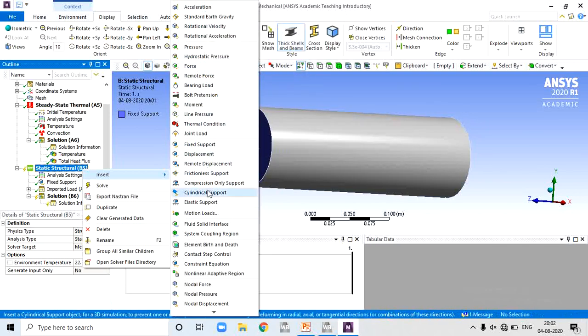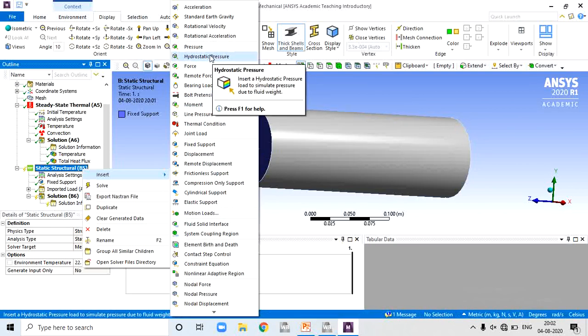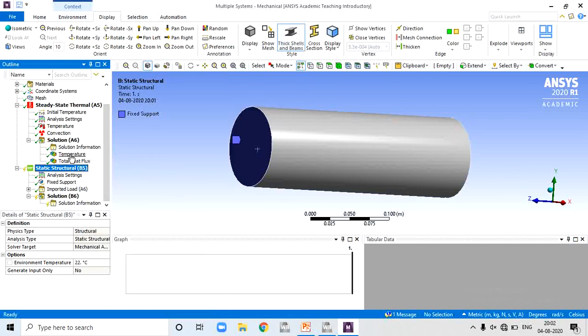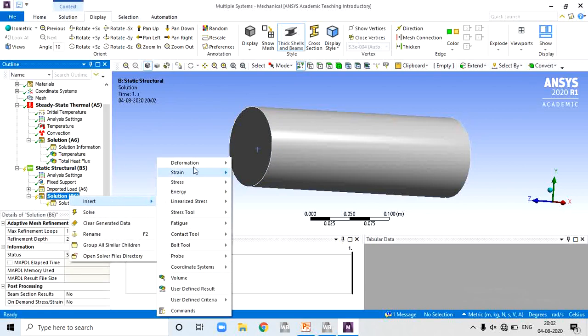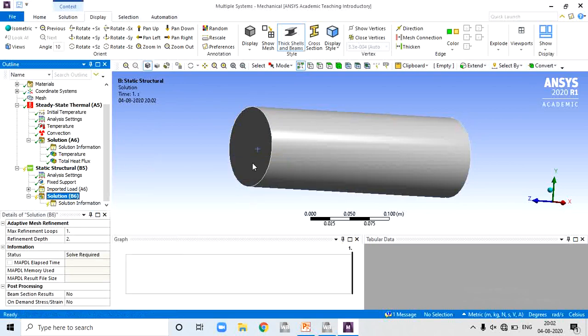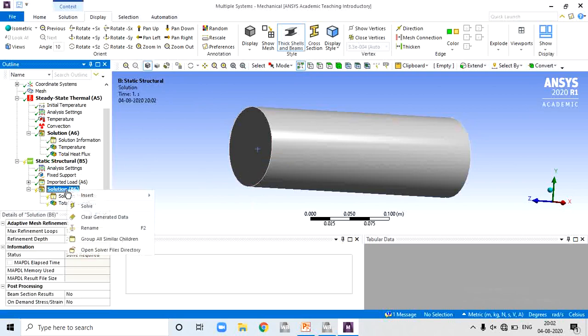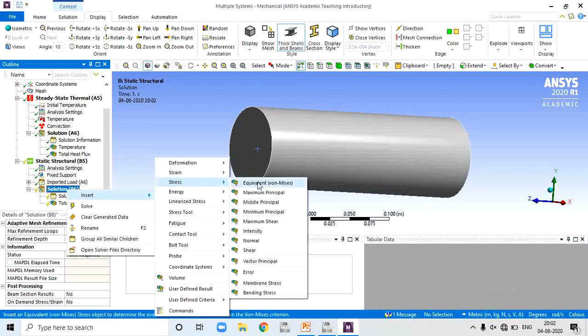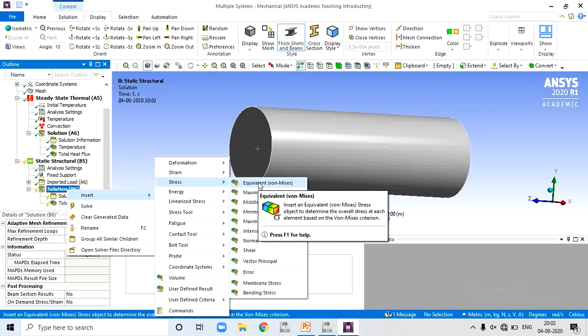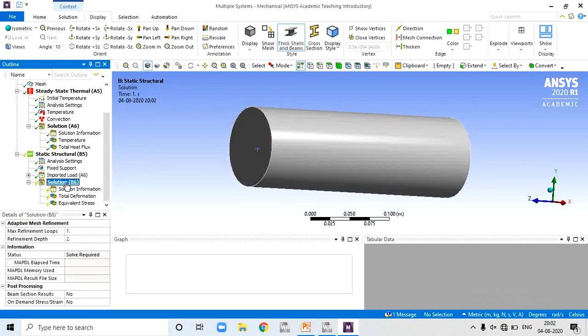From here we can apply all types of forces and temperature conditions according to your problem statement. Next we want the solution in terms of deformation. Just click total deformation, add it, right click, insert, then we want equivalent stresses. Right click on solution and solve it.